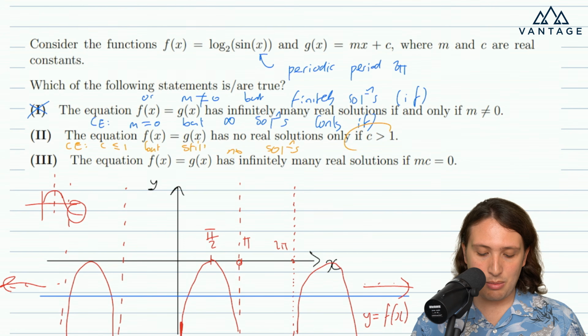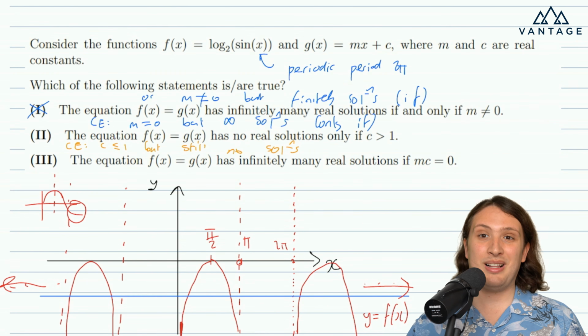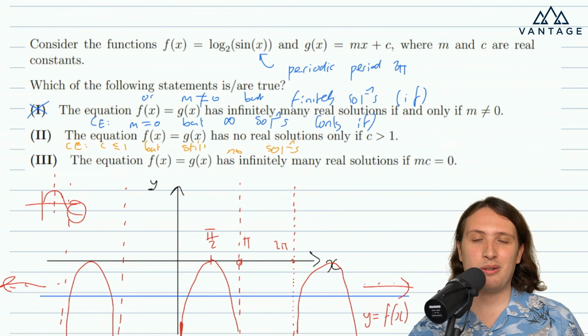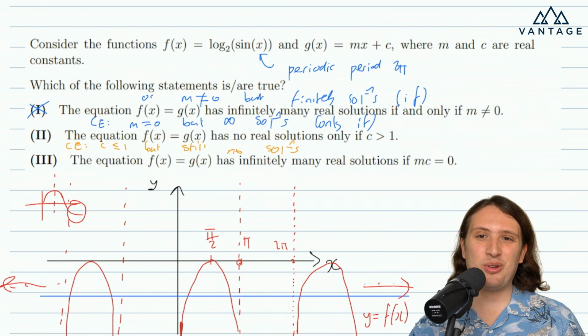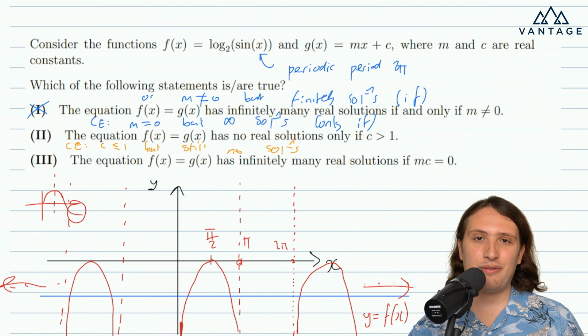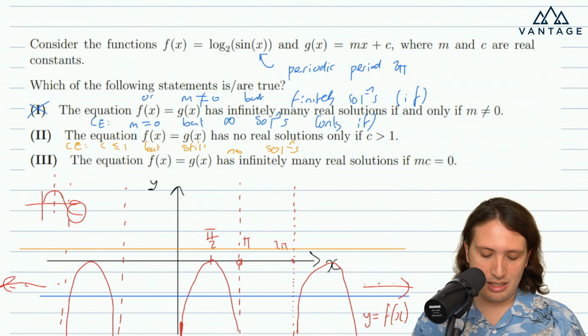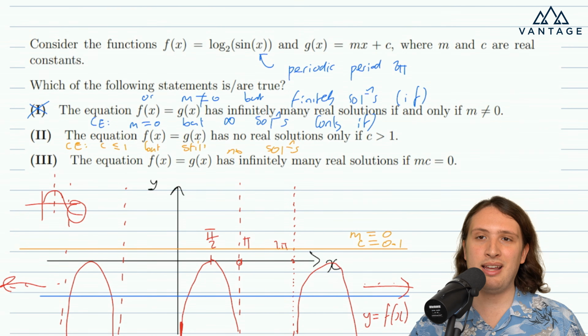So if I can find a case where I don't have that, but I still have no real solutions, well, that proves the statement wrong. But it's very easy to draw such an example. So again, sticking with simple examples to try to find them more straightforwardly, I can just use another horizontal line, right? So if I take, for example, m equals 0 and, I don't know, c equals 0.1 or something, clearly